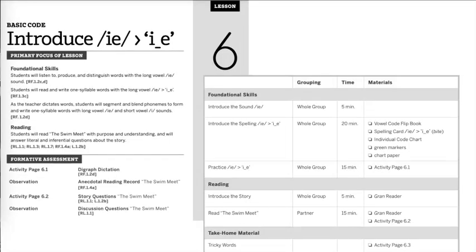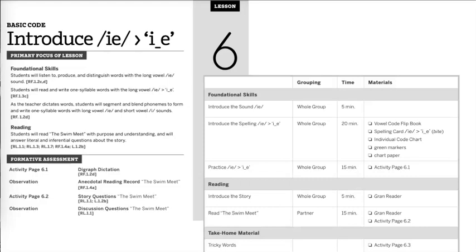Then, each lesson starts with the primary focus of the lesson, what Common Core standards will be addressed, and what formative assessment can be used in the lesson. Also, at the top of this lesson, it says Basic Code. As I learned when reviewing the program guide, Basic Code refers to the most frequently used spellings, so by looking at the title of the lesson,